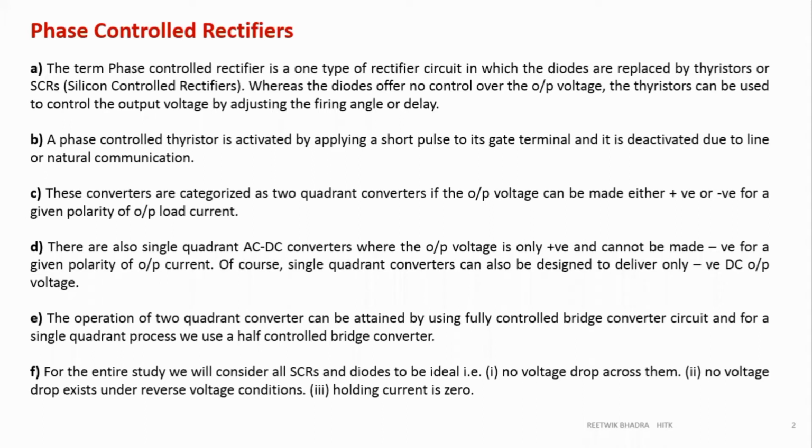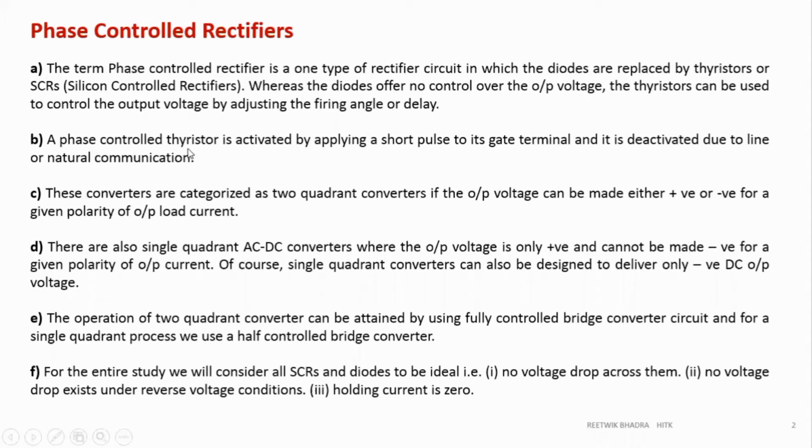But if you take an inverter and DC to DC converter, those operate in kilohertz ranges. So the devices that we used were MOSFETs and IGBTs over there, not a thyristor. You could have used a thyristor. There are thyristor choppers also, but for high frequency applications, we use MOSFET and IGBT. For high voltage applications, we use a thyristor because of its ratings. So it can be controlled by controlling its gate pulse. So that is written over here. The firing angle, it is called, is the point from which it is on.